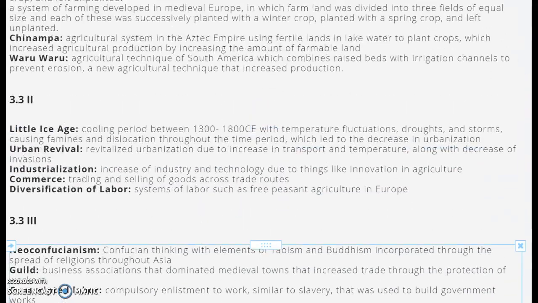The second one, these are all things that either increased or decreased the population of cities. Like the Little Ice Age, it affected agriculture and decreased it, which decreased the population of cities. And then